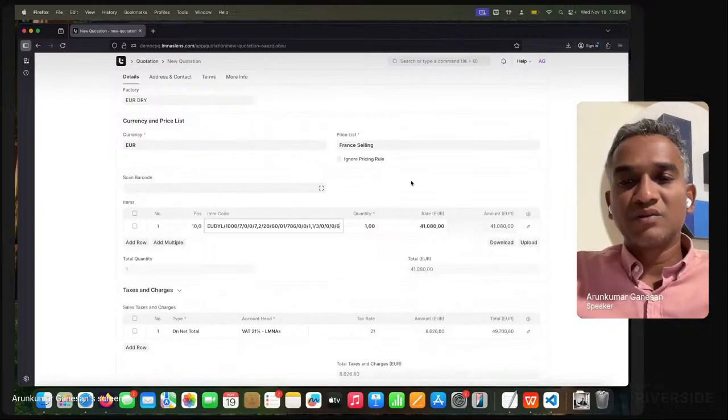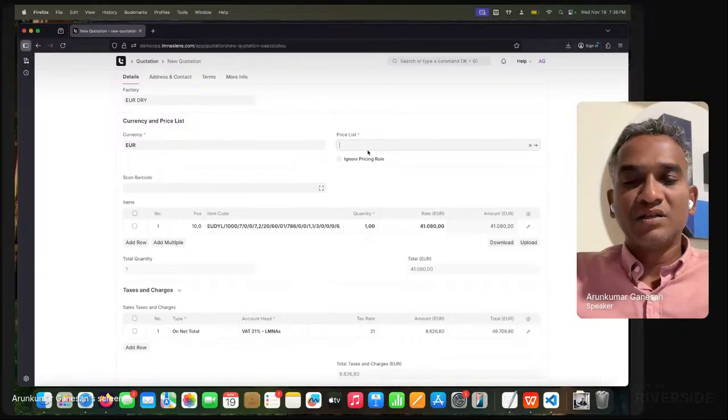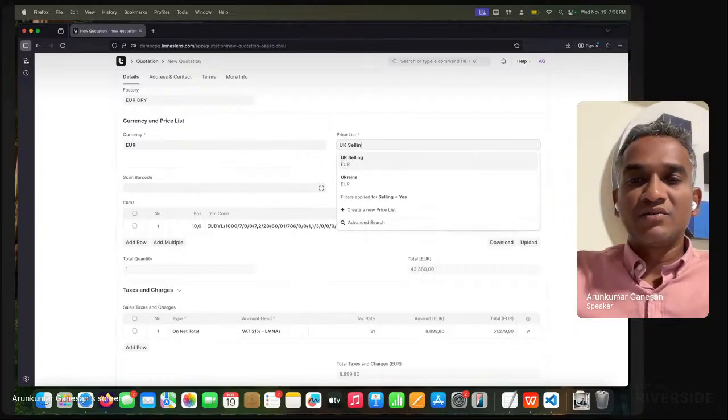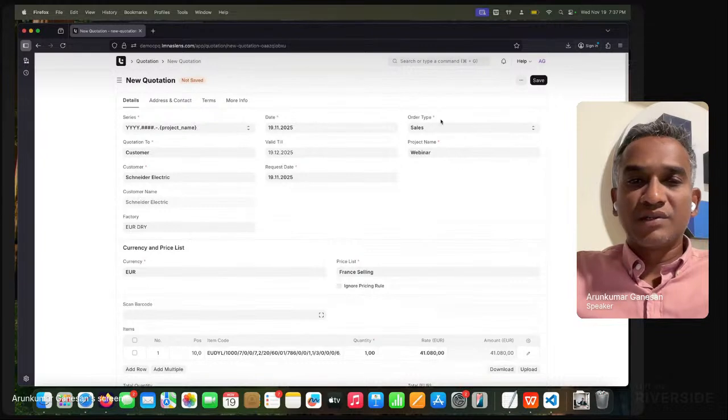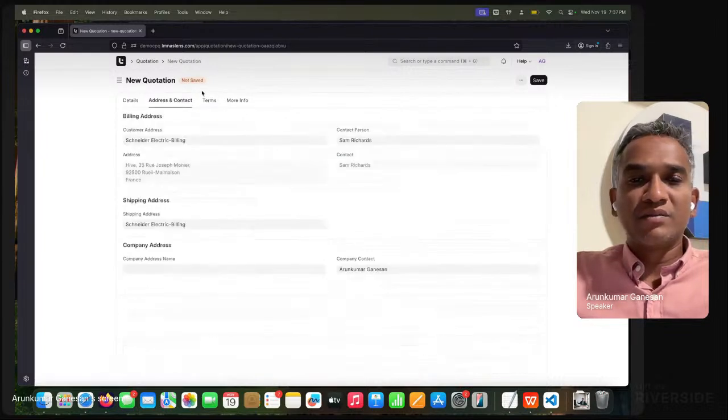If you want to use a different price, you would see a different price coming up. If I want to use UK selling, I can, but the customer is from France and it should be France selling by default. Make it France. Yeah, and that's all, the quotation is created. Most of the details are filled, I believe.